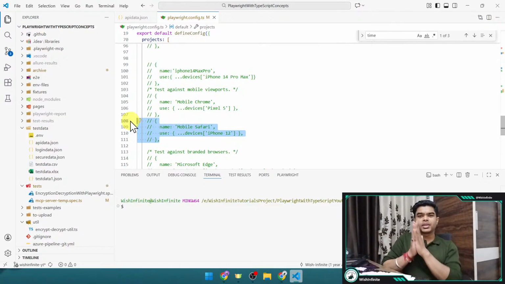Usually some people may be confused about why you want to do the execution on mobile. Let's say you have a site, and consider the example of Flipkart. There are some people who would be using desktop Chrome. But apart from that, there can be people using Firefox or Edge on the desktop, which you can configure here. And some people are using the Chrome browser on an iPhone or a Samsung Galaxy,